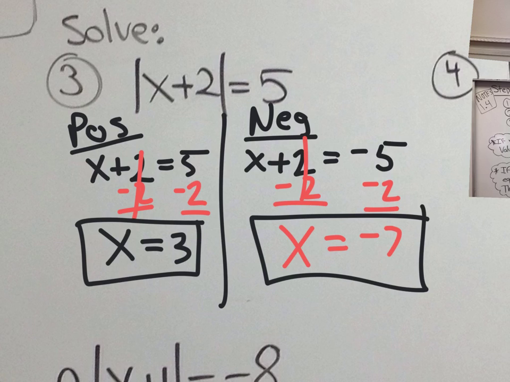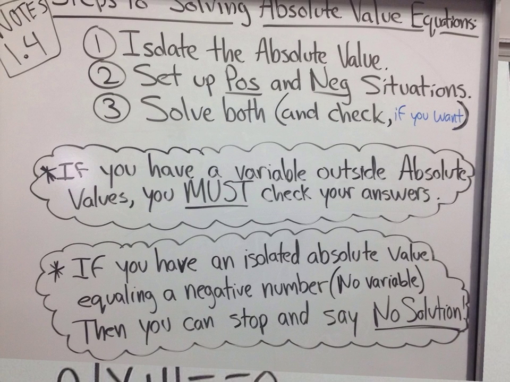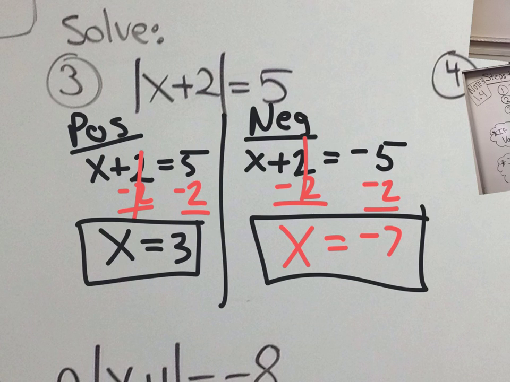Now, the check if you want part, we could check if we want. Now, what do I mean by if we want? You don't have to. Now, there are certain times that you're going to have to check it. It says right here, if you have a variable outside the absolute values, what do I mean by variable, like an x or a y or any letter? If it's outside the absolute values, you must check your answers. So, question is, on this one, on the original one, do we have a variable, an x